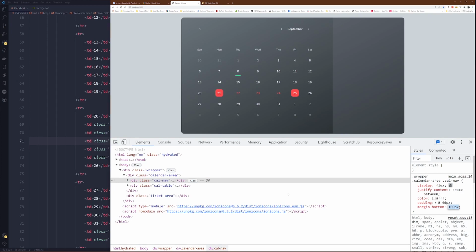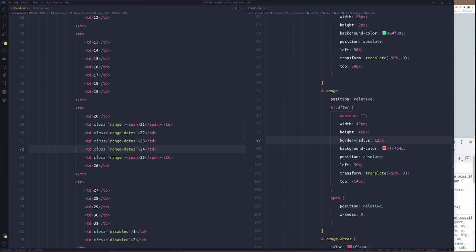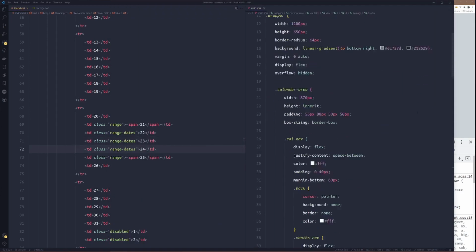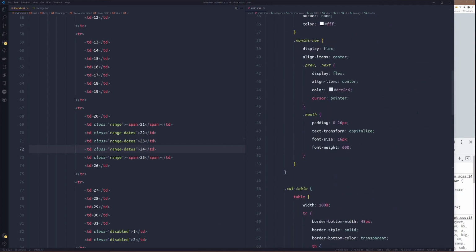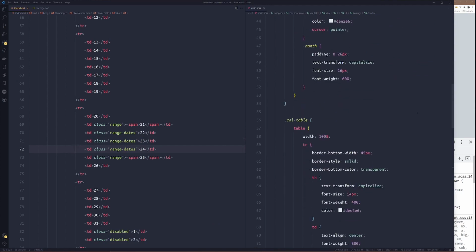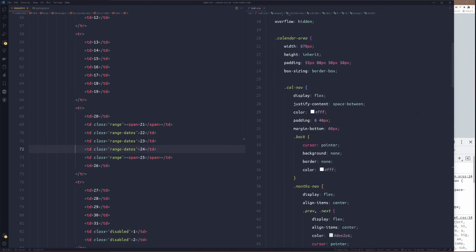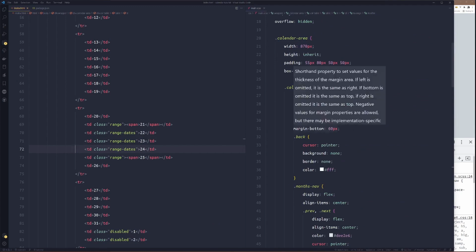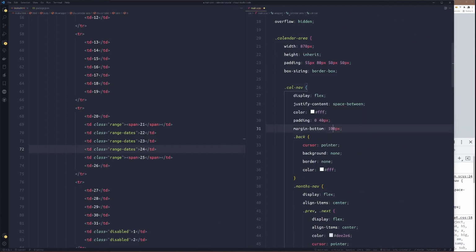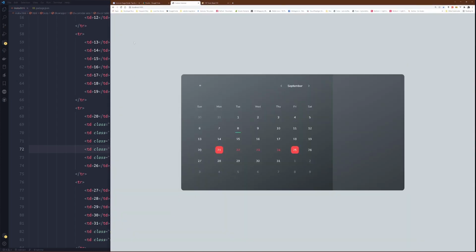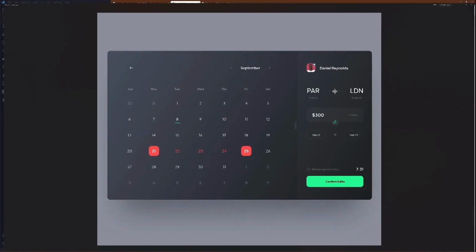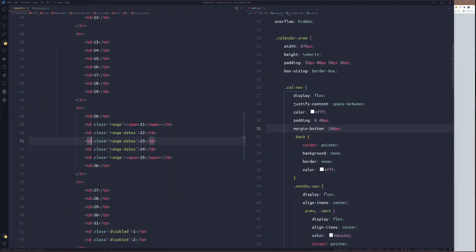We'll make it 100, with the margin bottom. Although it's too much.